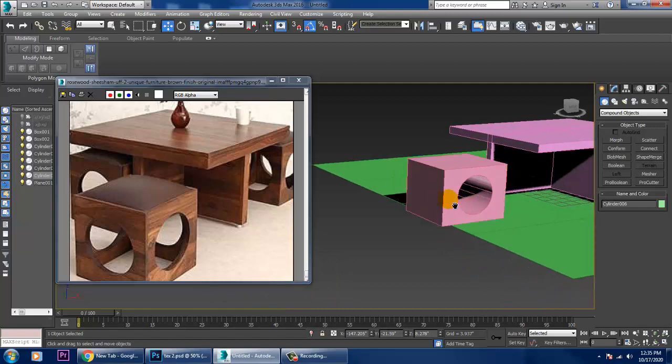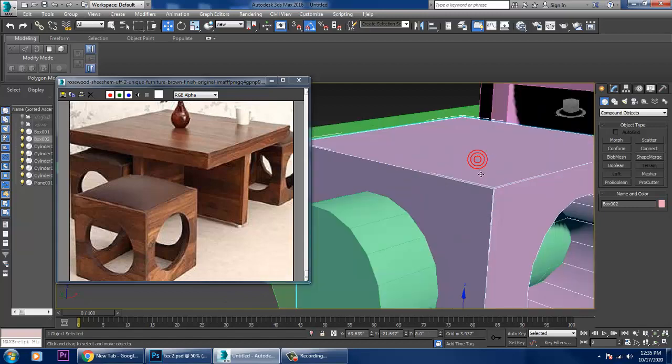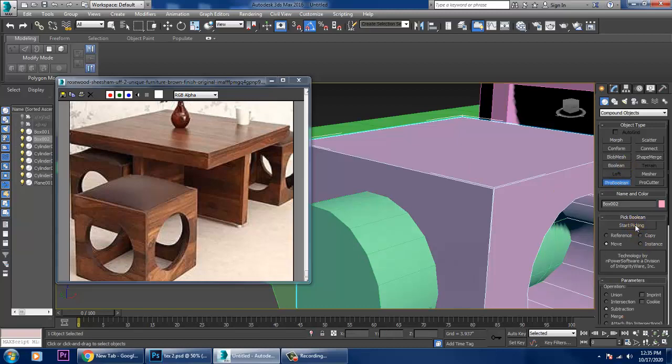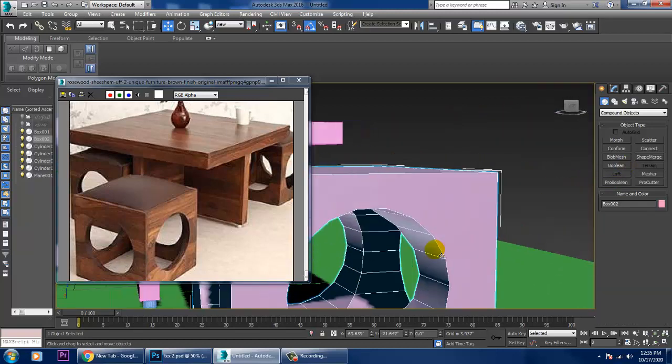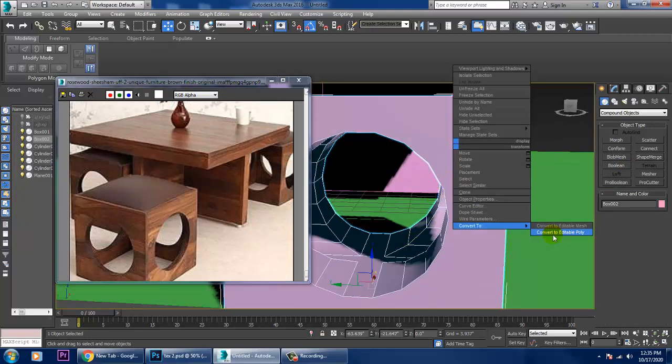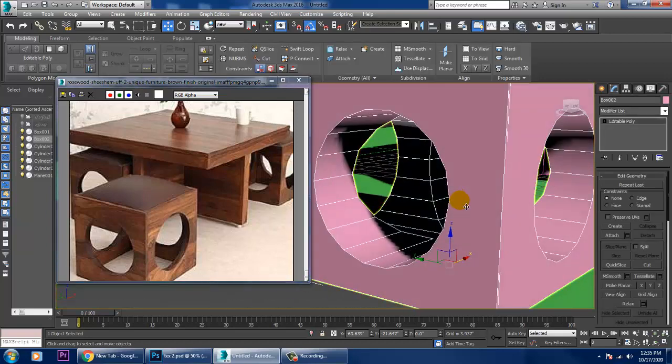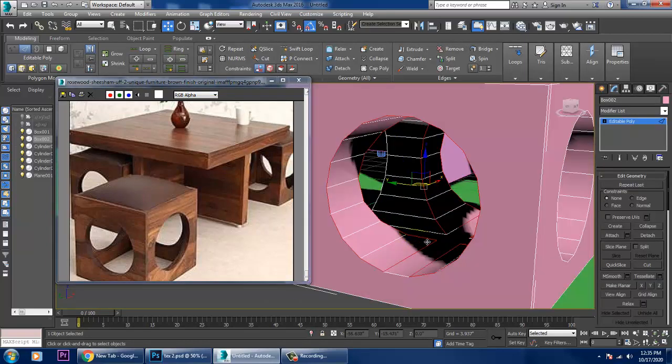Okay, so you can again select this pro boolean, start picking, and cut that part out, convert to editable poly.